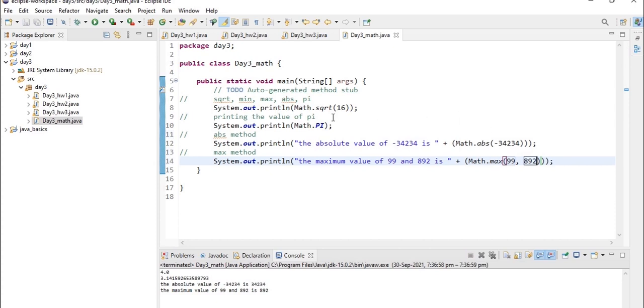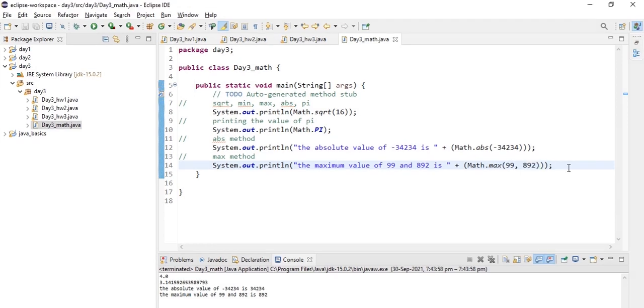So first the square root of 16, that is 4, is being printed, and again pi's value, that is 3.14, and the absolute value of minus 34,234 is being printed, that is plus 34,234, and finally the max method, returning the maximum value of two numbers, 99 and 892, is being printed. So the max method returns the maximum value of two numbers.